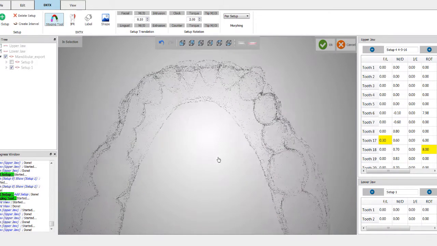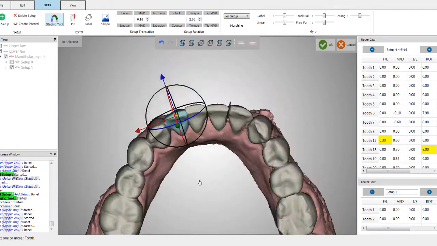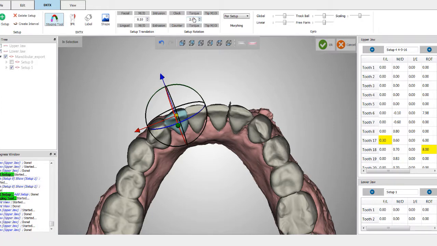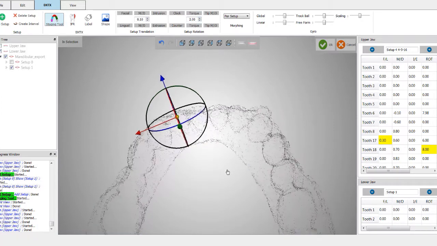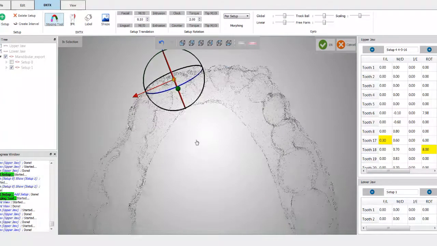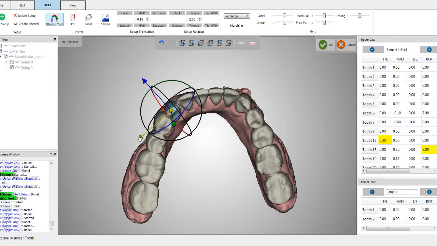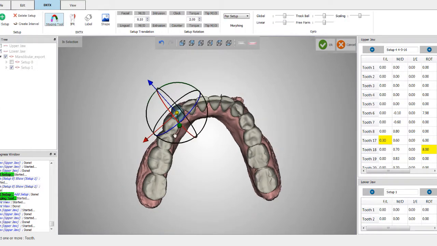So now we're going to move over to the left side and repeat the same process over here. I'm going to advance this tooth. You see, I probably could use a little bit of torque, and I'm just going to take this tooth and move it over so that there is a nice little space there, okay? And then we're going to do the same thing here with the canine. I'm going to move this canine over. I'm going to advance it a little bit. And then I'm going to take this whole entire segment,